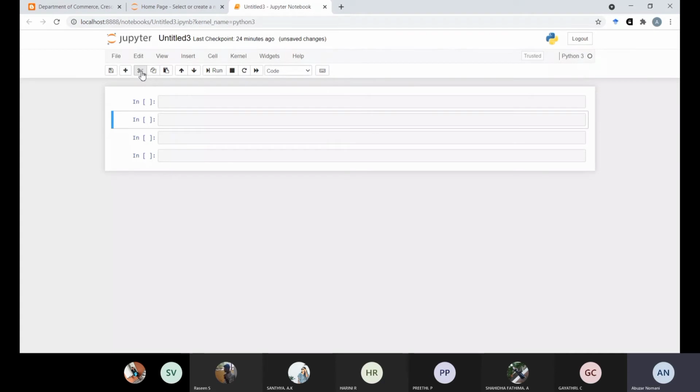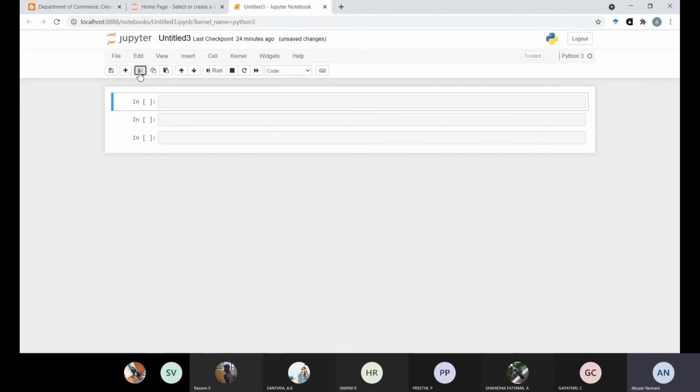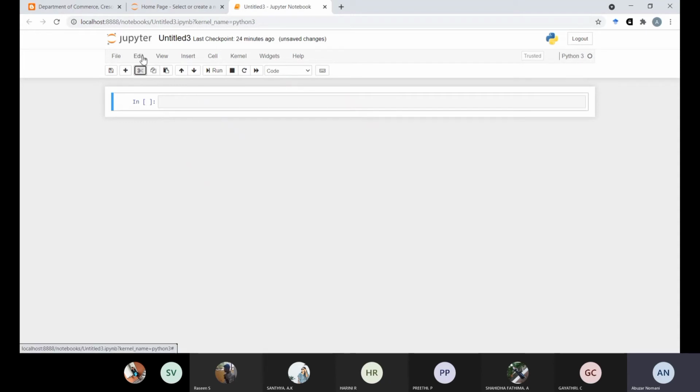If you want to cut a cell, the selected cell, you can cut it, like that. Okay, copy the selected cell, same. If you want to copy this cell, you can copy it here instead of going through the menu. Okay, then paste cell. Suppose you want to paste some cell here, then paste here.